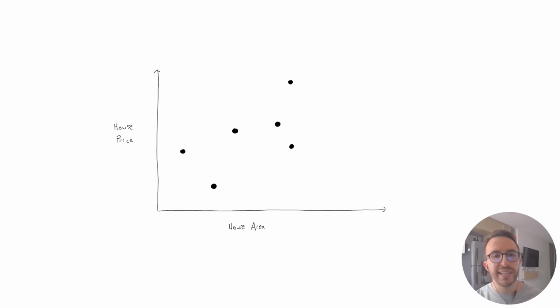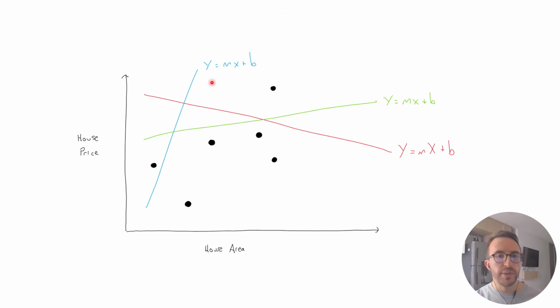Well, the question is, how do you find that line of best fit? Obviously, visually, as humans, we can just kind of draw it in our head. But a computer, you need like an algorithm, you need a set of steps to find that line of best fit. So in other words, you know, out of all of these potential lines, the blue one, the green one, the red one, you know, which is the right line, which is the one of best fit.